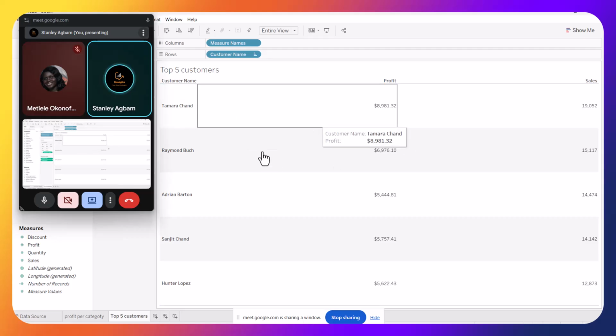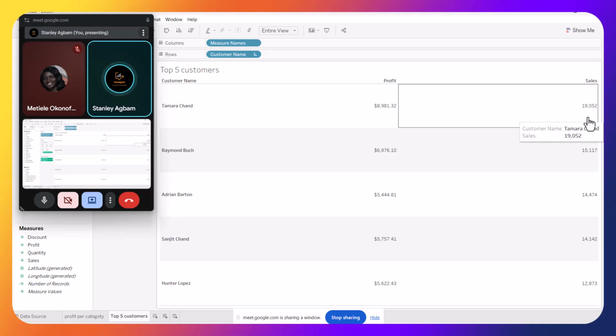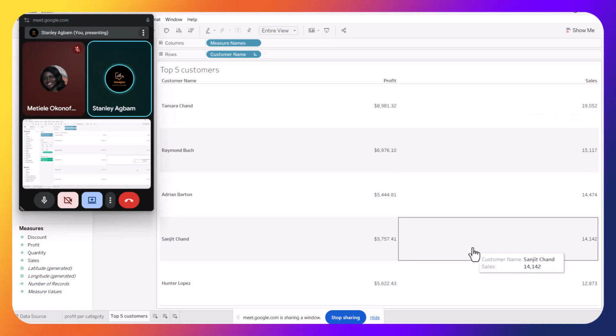So you can see that the customer with the highest profits is Tamara Chand, with a profit of $8,000 and sales of $19,000 basically. So he spent more and we gained more on him. Then another thing we can do is